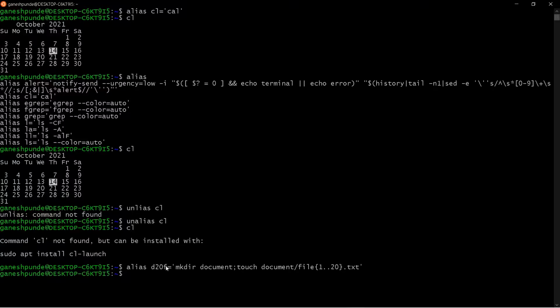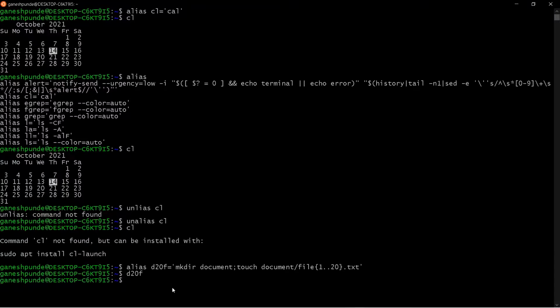Now if I want to use this D20F alias, how will I use it? I can simply say D20F. Now if I use it, you can see it is successfully executed.